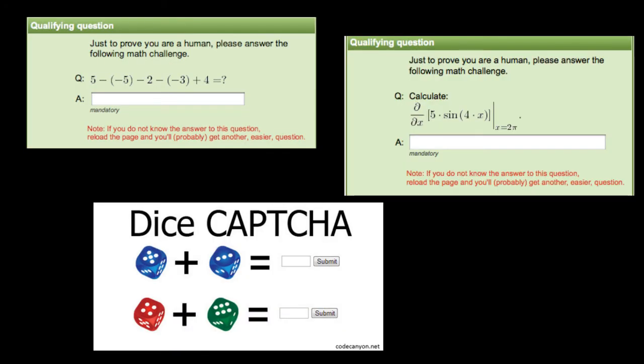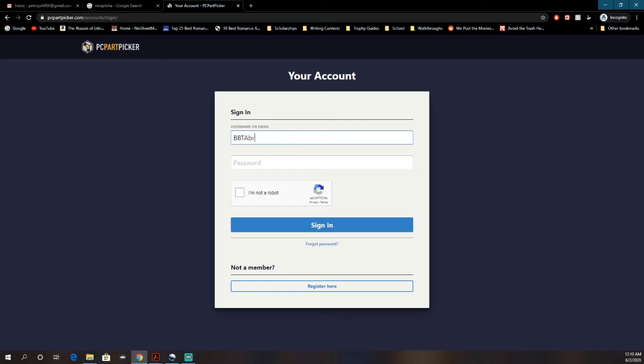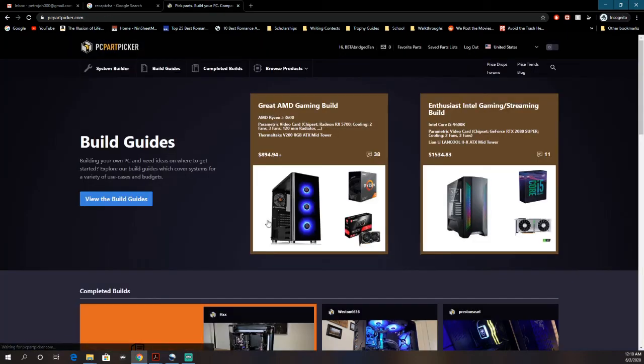Other implementations include math CAPTCHAs, which ask users to solve an equation, invisible CAPTCHAs, where a text input or area is hidden on the page in such a way that only a bot could possibly see it, and Google's reCAPTCHA, which asks the user to check a box labeled "I'm not a robot," and occasionally provides a more standard image-based challenge, like mentioned before, if it's still unsure.